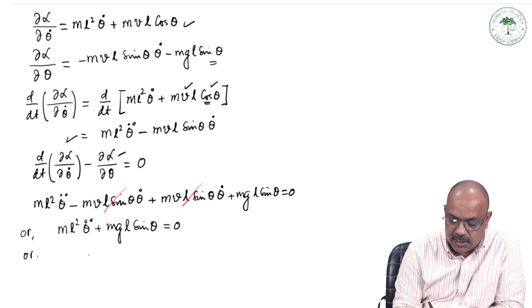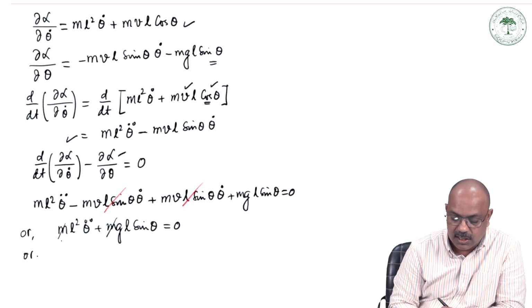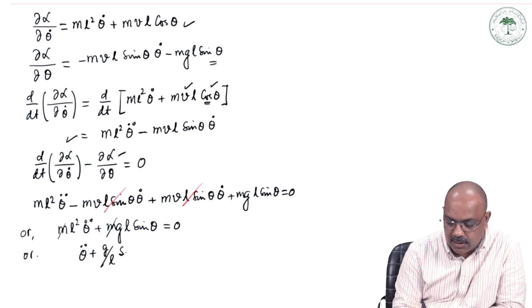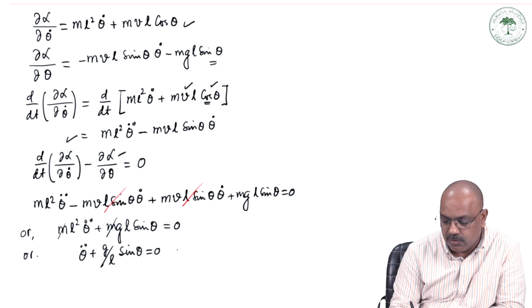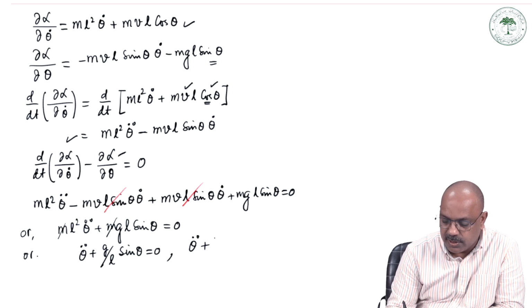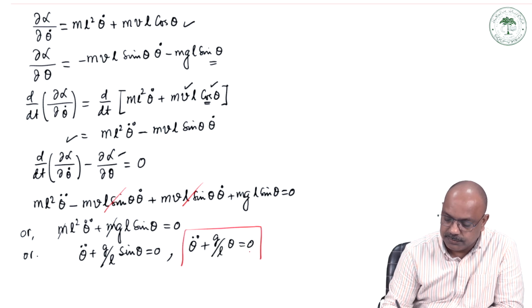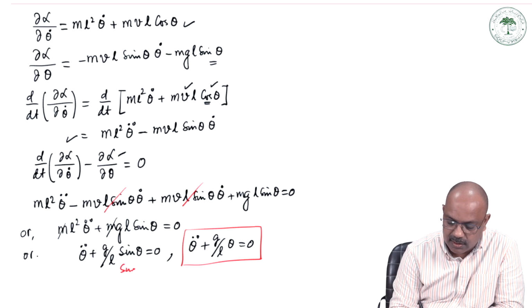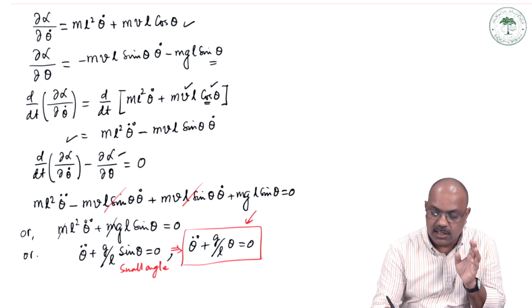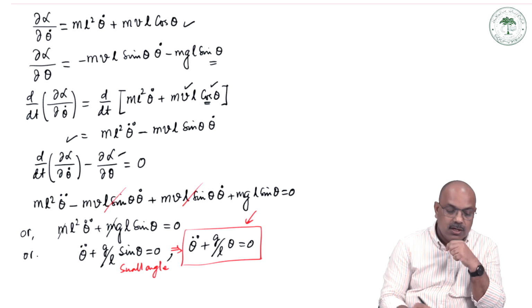Dividing by ml², what I'm going to get is θ̈ plus (g/l) sin θ equal to 0, or under the small angle approximation, θ̈ plus (g/l) θ equal to 0. Okay, so now you see again you get the differential equation of simple harmonic motion